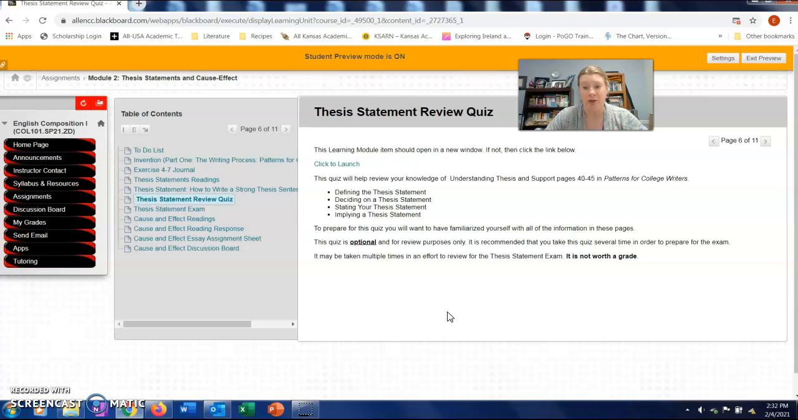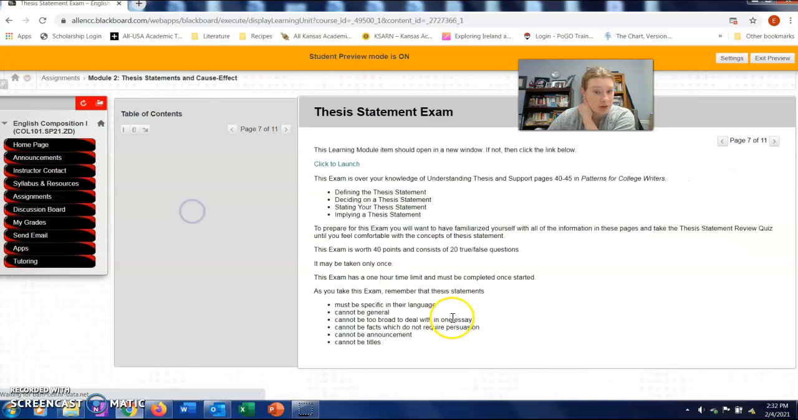I really recommend doing this because the exam is hard, and if you don't have any idea of what you're going to see when you go into the exam, then it's that much more difficult. You're not going to do so well on it. So the thesis statement review pulls statements from the exam. So you may actually end up seeing some. It's a pretty big pool, but you may see some that will actually show up on the exam. So it's really important that you